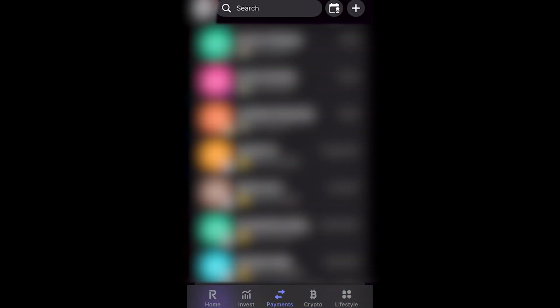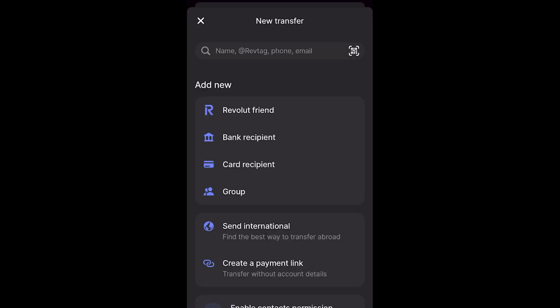However, if we look at the bottom middle, we'll be able to find this Payments tab. From here, in order to actually transfer money to our bank account, we can go to the top right corner and click that plus symbol. That will then open up this page and it will show you all the ways in which you can send money. But since we're trying to transfer to a bank account, we're going to go to the second option down,